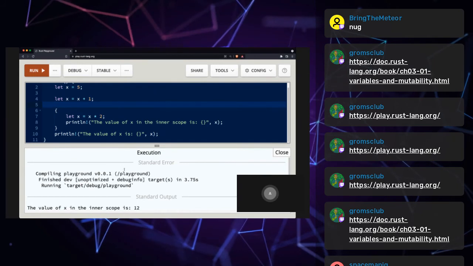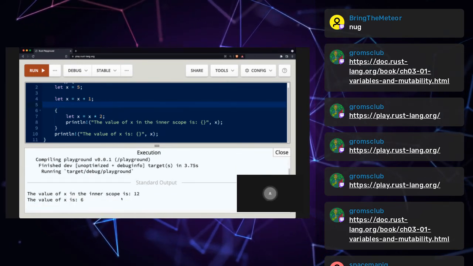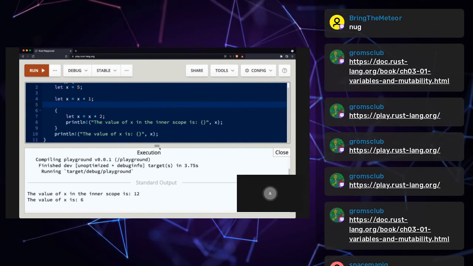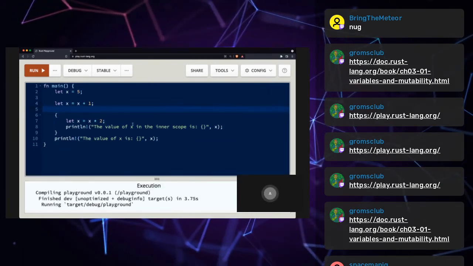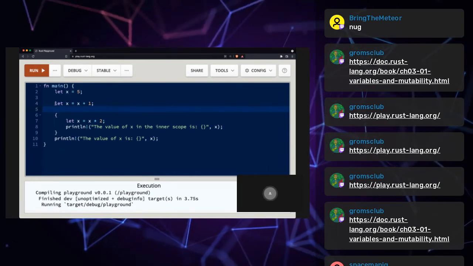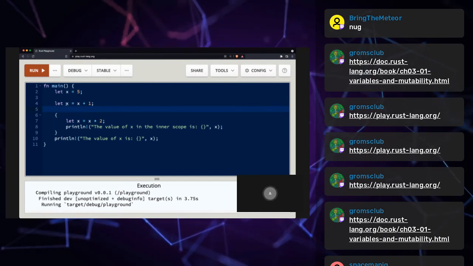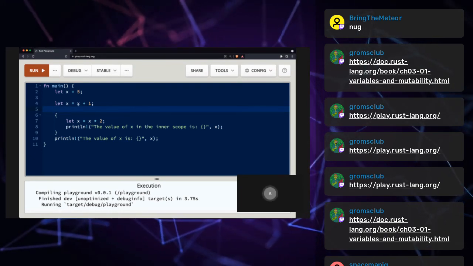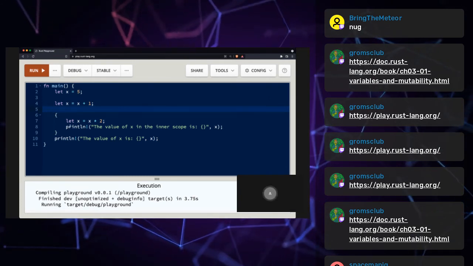Why do we see a 12 and then see an x, right? Right here. First we see a 12 and then we see an x. That's kind of weird. What's going on? Okay, so this is a bit about scope, right? Let's walk through this again. Let x equal 5, and then we're shadowing x by creating a new variable called x, and we're assigning to that the previous version of x, which is 5 plus 1, so x equals 6, right? Then we're going to this block of code,